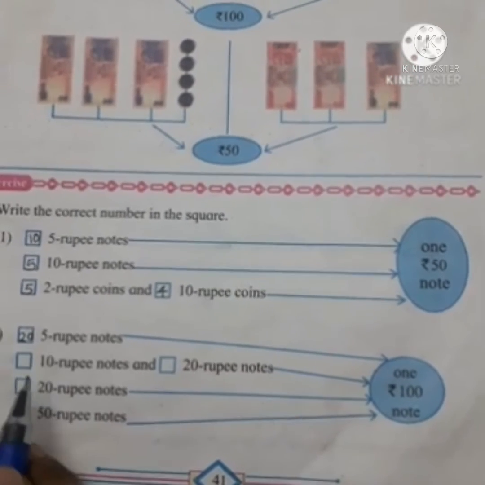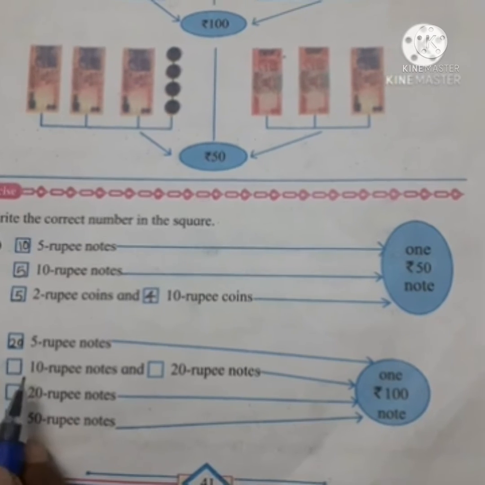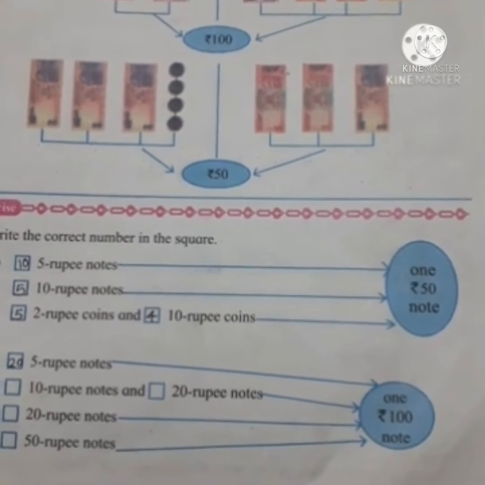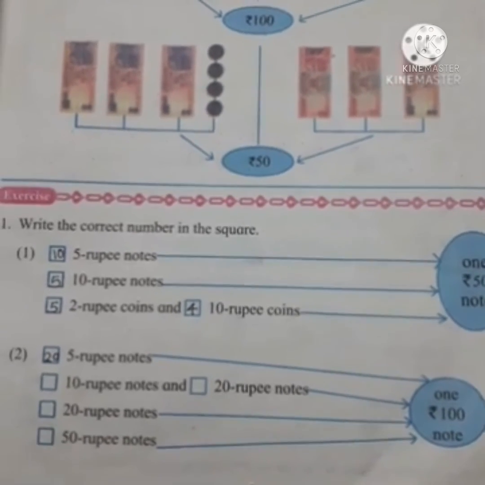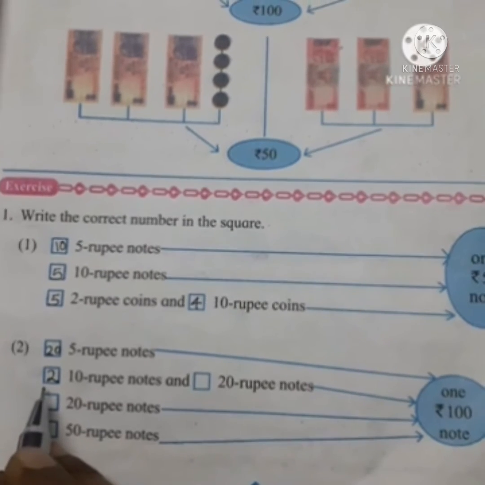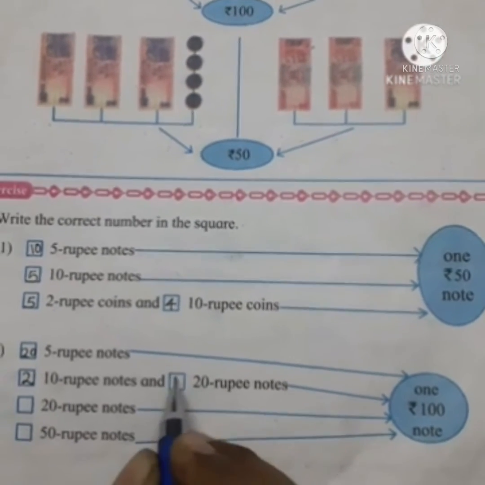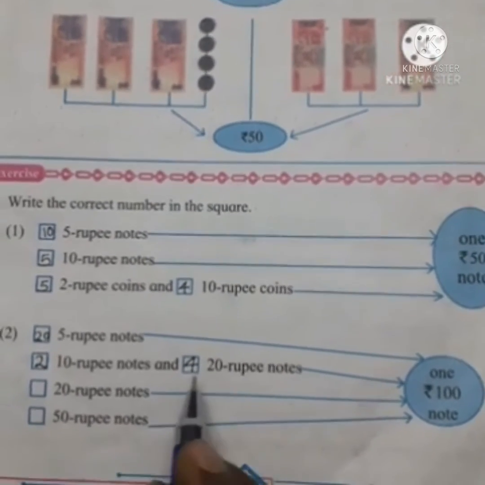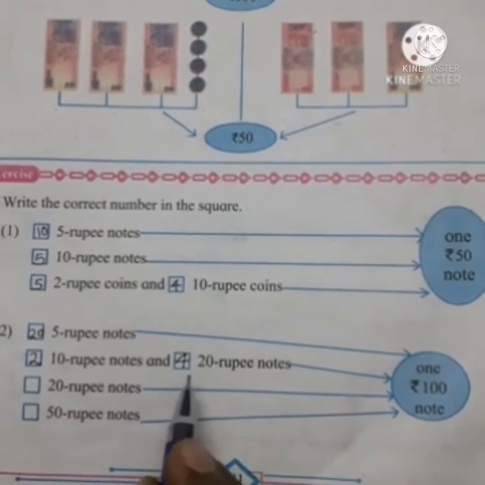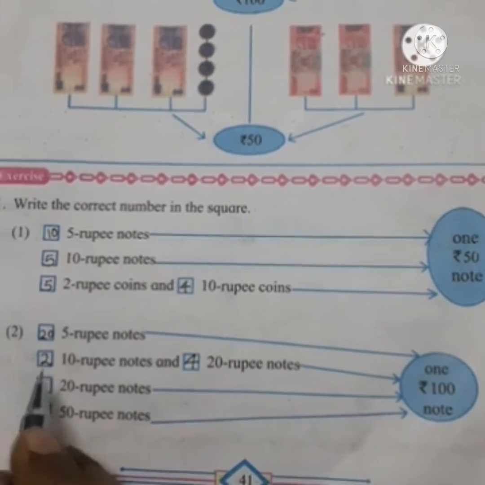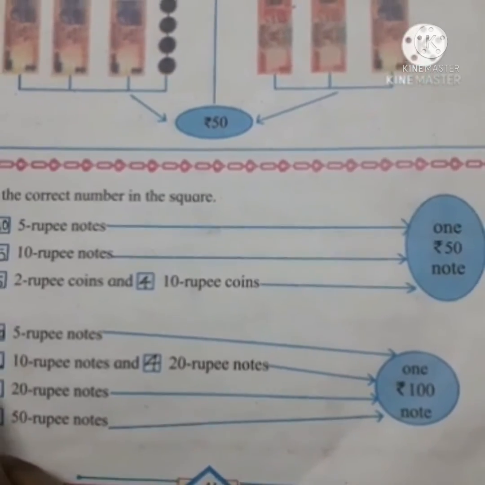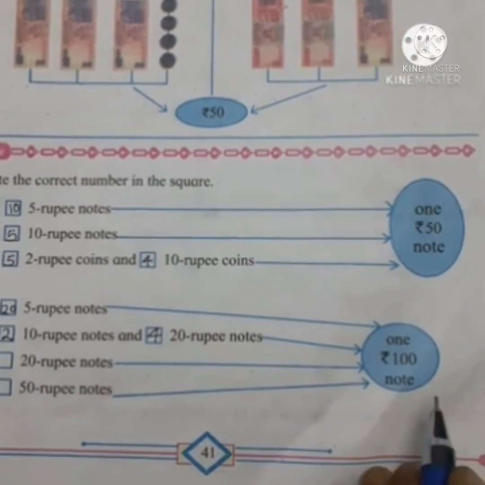Clear? Same way, if I will take 10 rupee notes and also 20 rupee notes, which number of notes do I have to take? See, suppose for example I am taking 10 rupee 2 notes, so 10 2s are 20 rupees, and 20 rupee 4 notes, so 20 4s are 80, and 80 plus 20, my answer is 100 rupees.